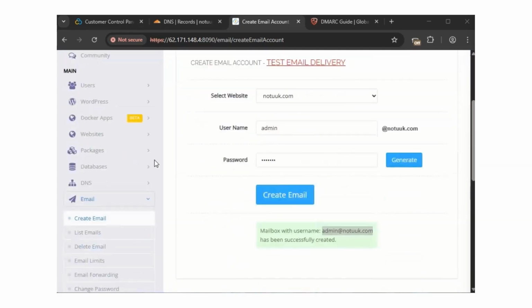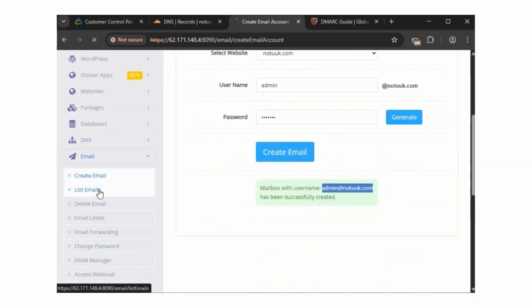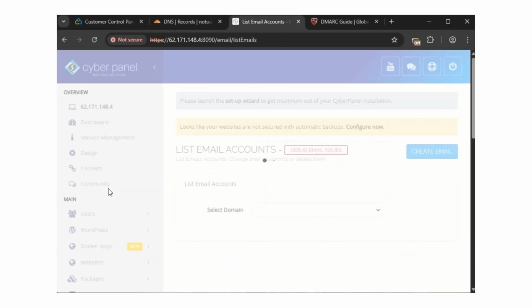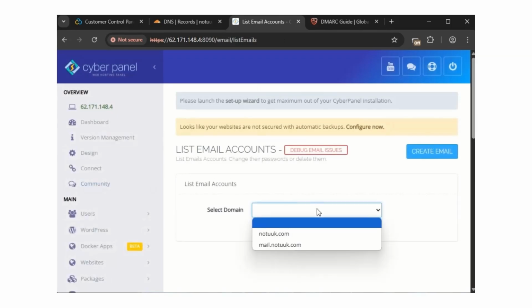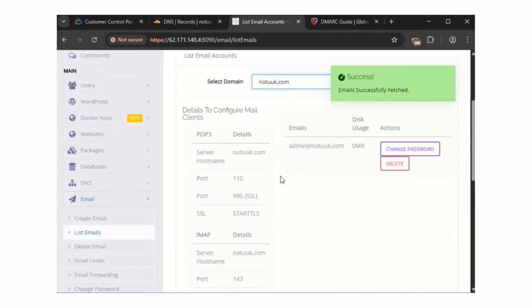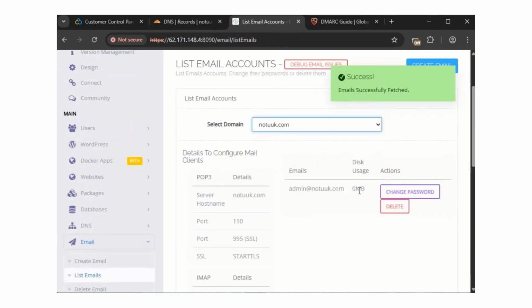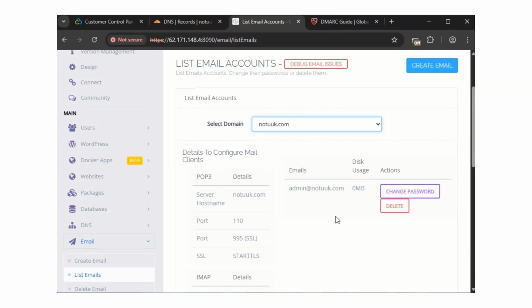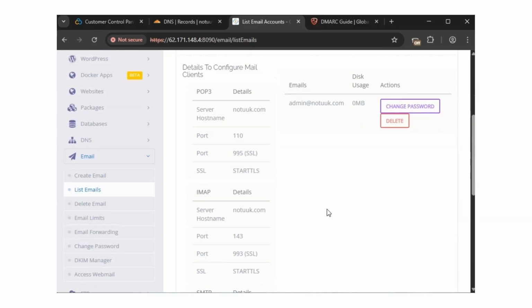So when you want to check the emails you created, you go to lists, you select your domain. So as you can see, this email has been created, admin@notuk.com. Sorry, the domain is difficult to pronounce. So for those who need SMTP,